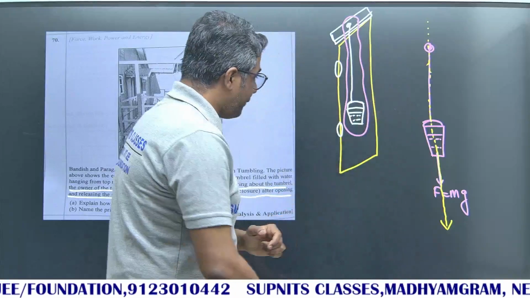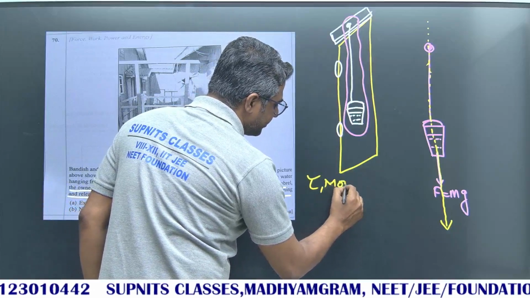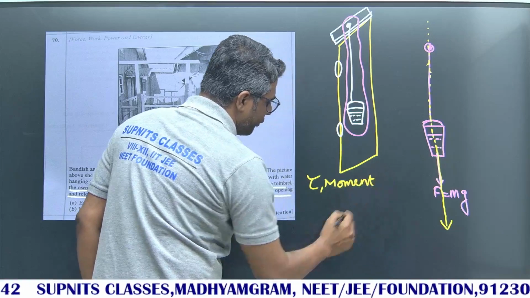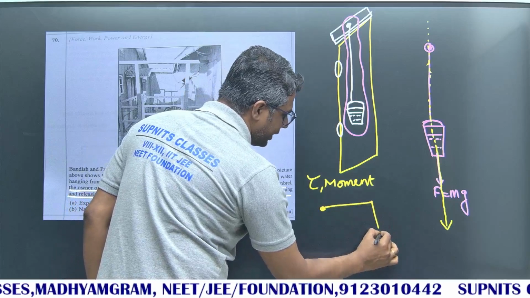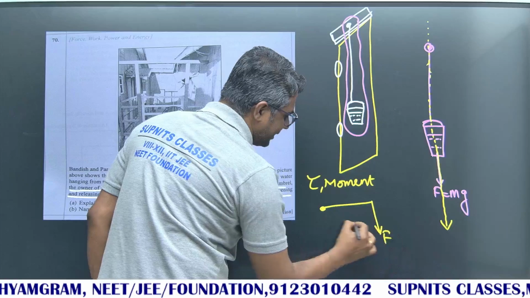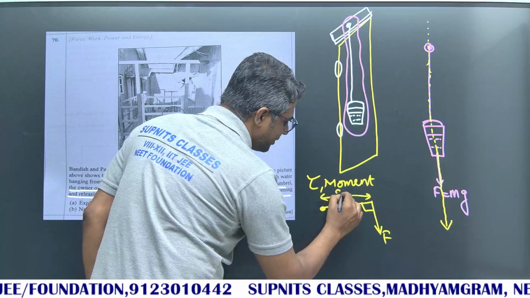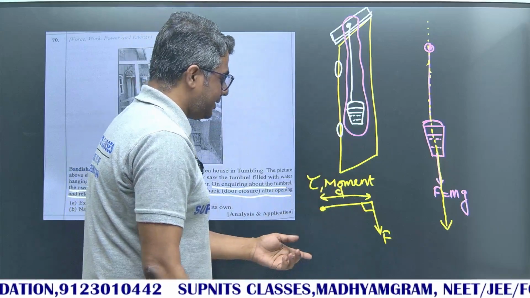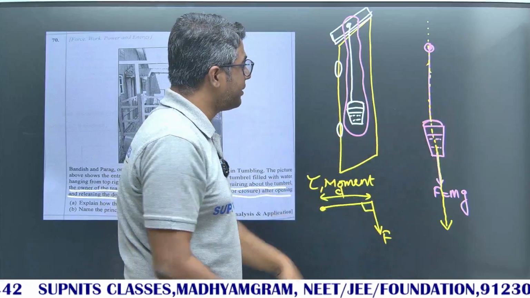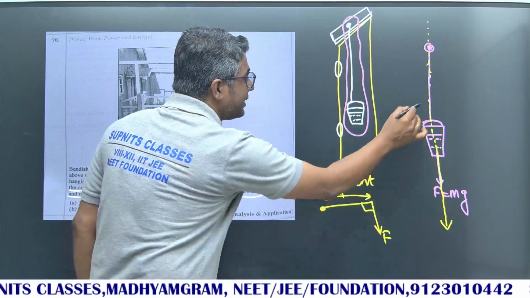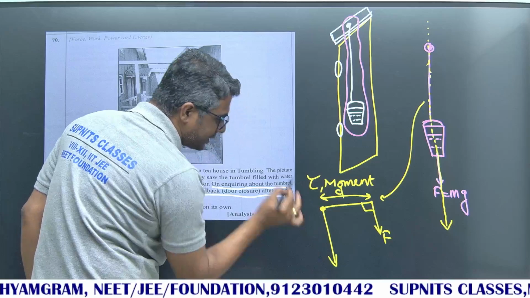So, when we talk about torque, that is moment of force, we say there is a fixed point, and from the fixed point if there is a force acting, this is the perpendicular distance, this is d, right. So, F into d is the moment, but at this point of time if you compare this one with this one, here is the fixed point and the force is acting on the fixed point like this.